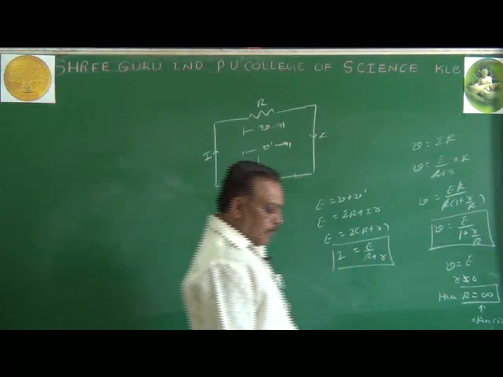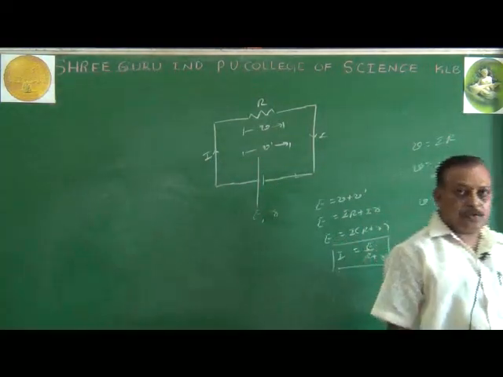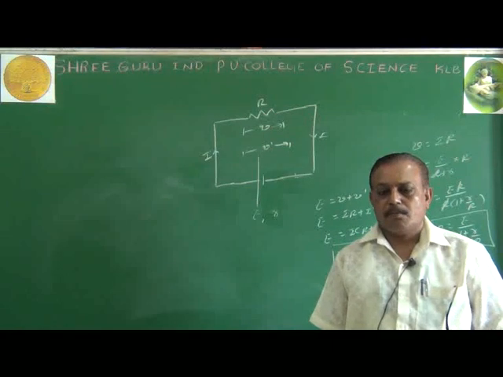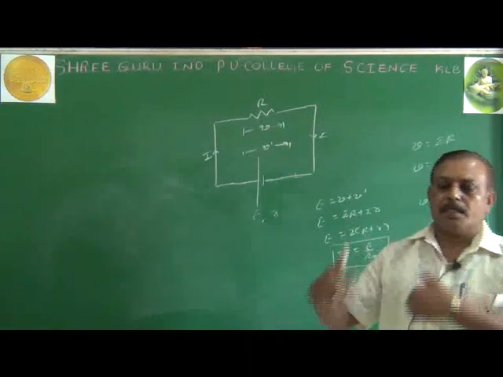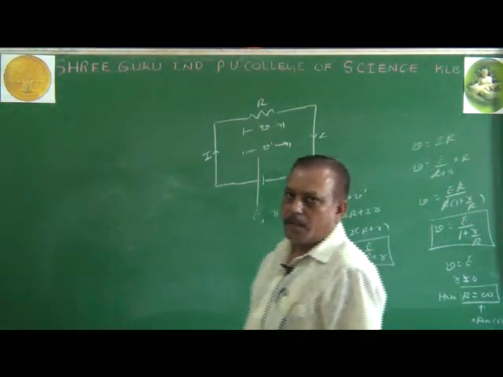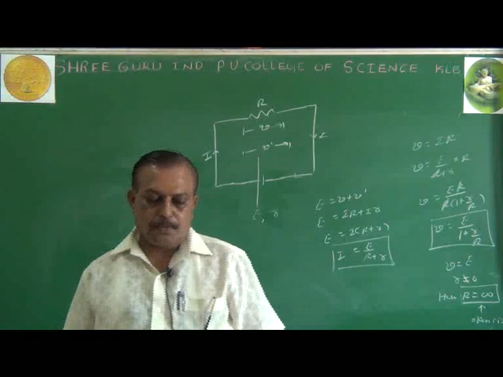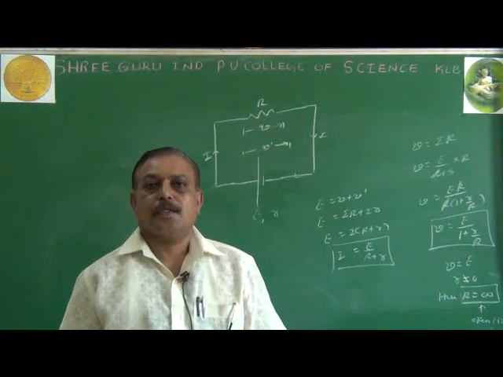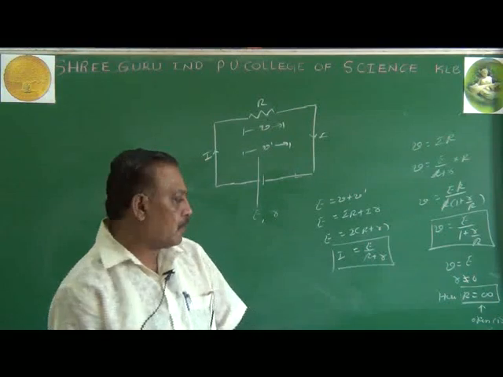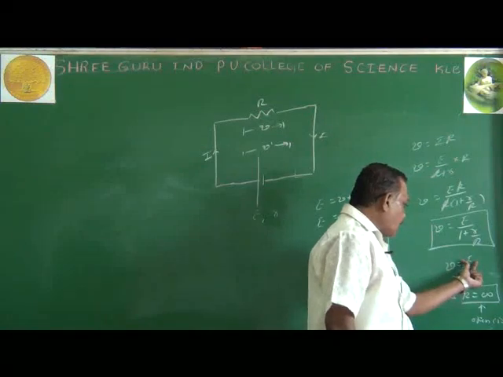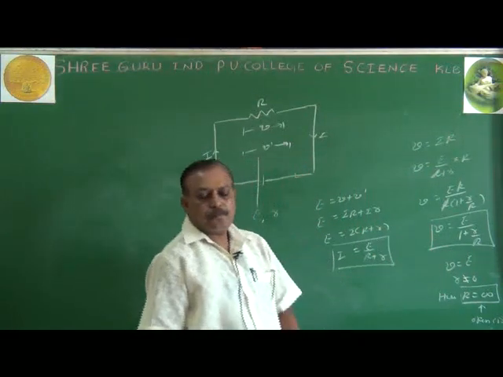That's a simple example. When the fuse is off in your home, that is nothing but an open circuit. The neighbor's house has current, your house does not have current, because the fuse is out. Then what is that condition? Open circuit condition. It doesn't provide current. It offers infinite resistance, R equals infinity. Open circuit voltage is known as EMF. Is it clear?